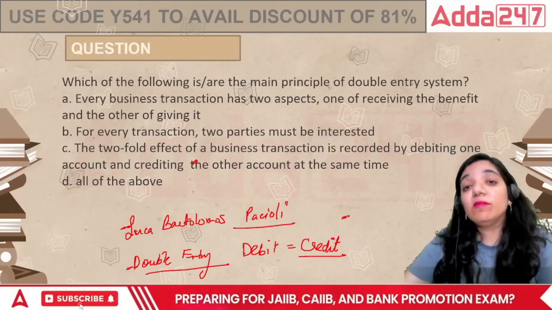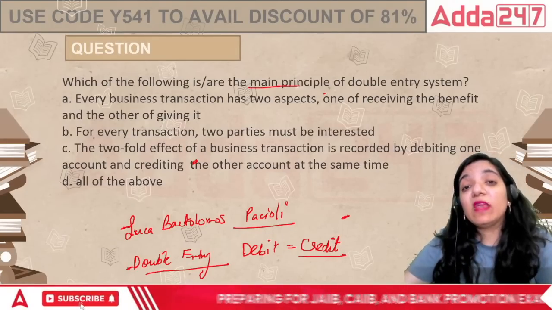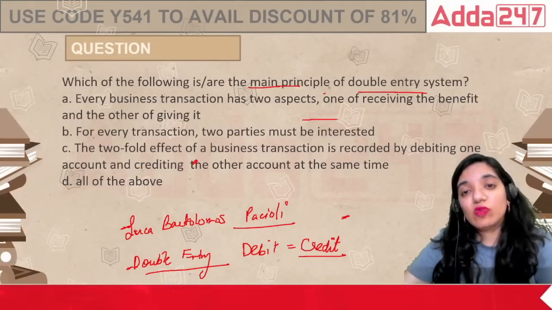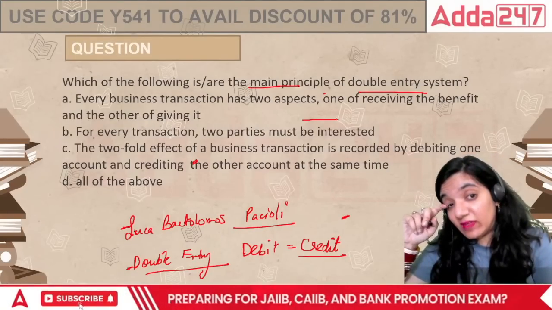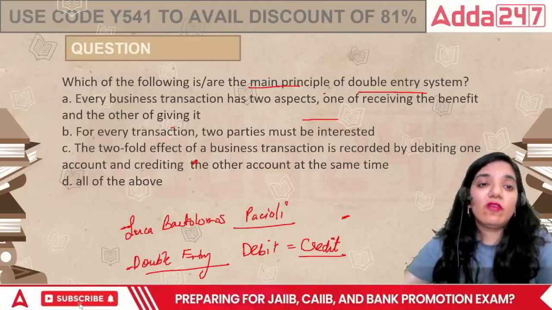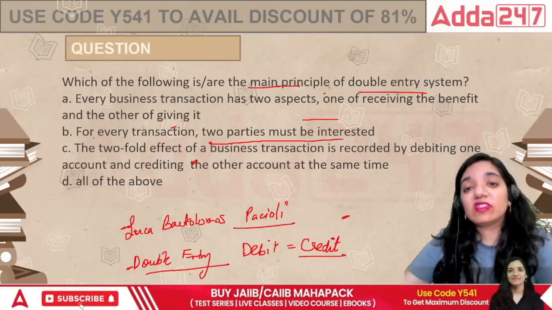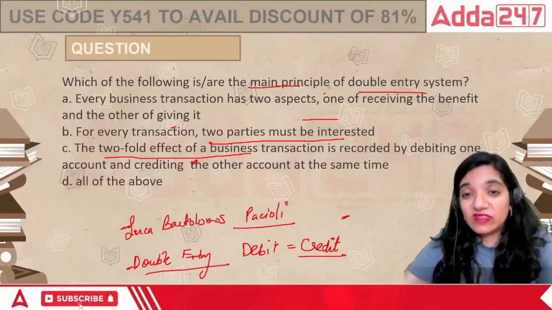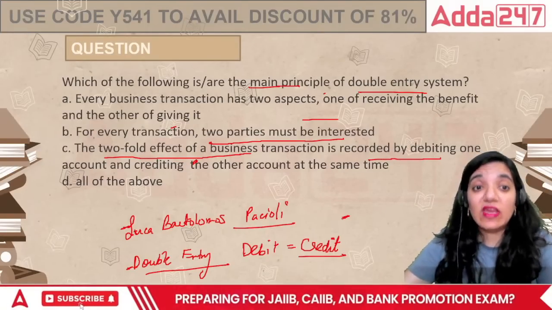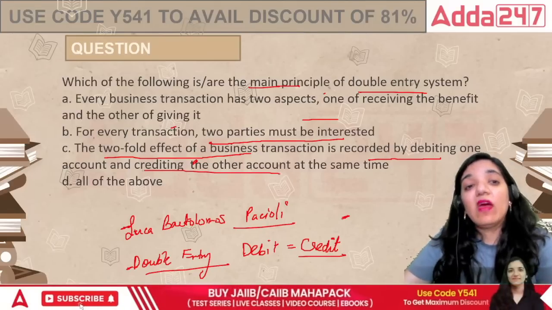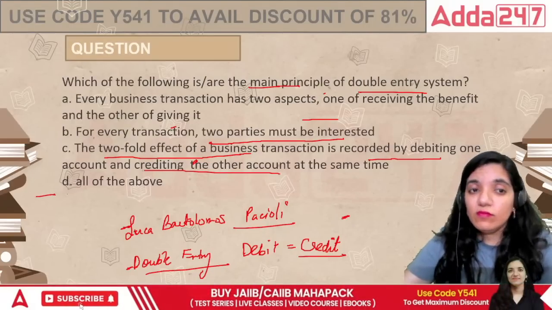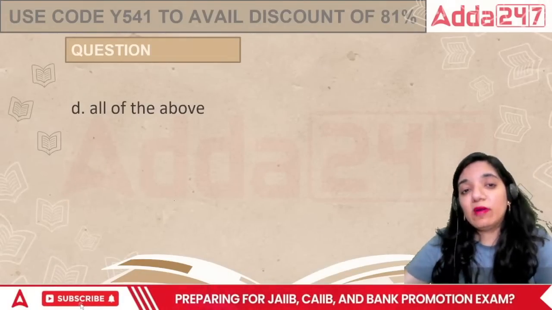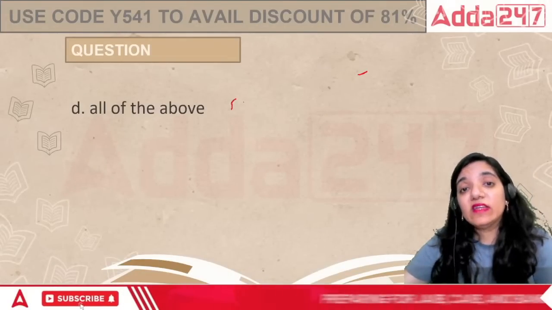What is the main principle of double entry system? Every business transaction has two aspects, one of receiving the benefit and the other one of giving it. For every transaction, two parties must be interested. The twofold effect of business transaction is recorded, one by debiting and the other one by crediting. Or all of the above. In this case, each and every element is talking about the double entry bookkeeping, because there